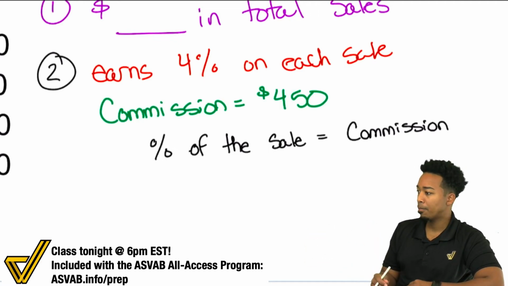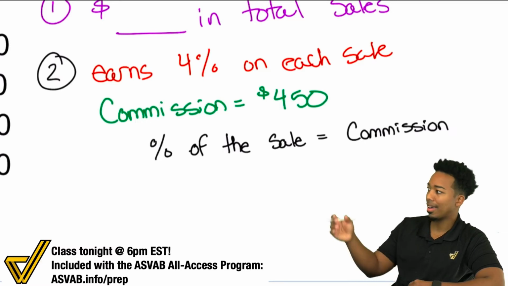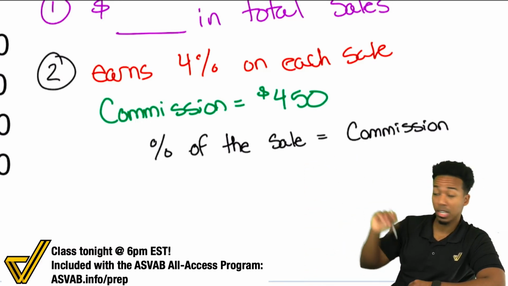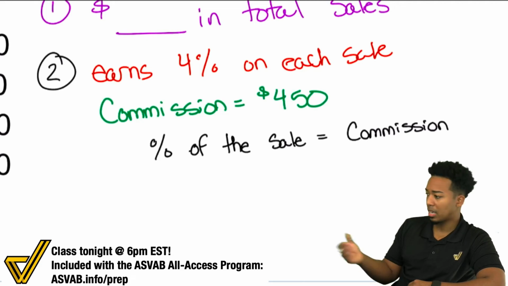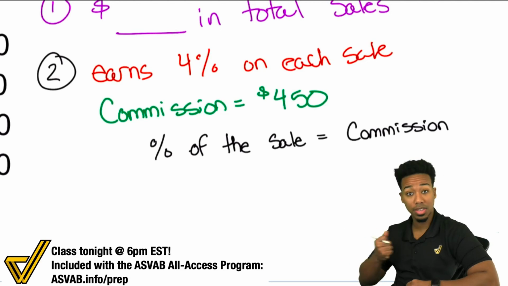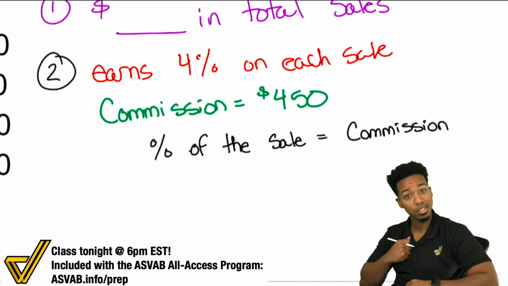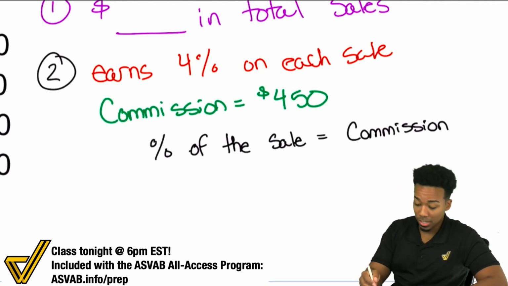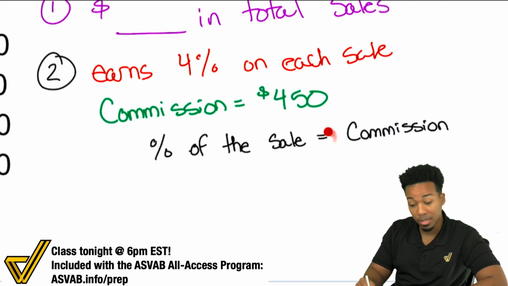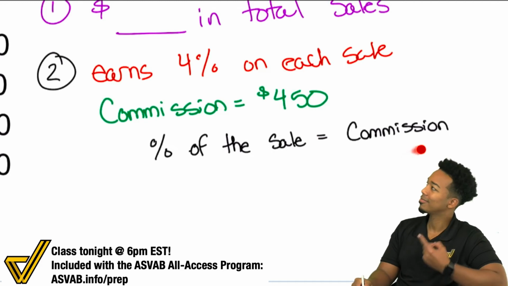So let's say you get whatever percent on buying or selling this $1 million home. Cool. You take the percent of the commission on that $1 million home, and let's say that percent turns out to be like $20,000. Cool. Then that $20,000 is mine. That's my commission. So notice what I just did there. I took the percent of the sale, and that gives me the commission right there.